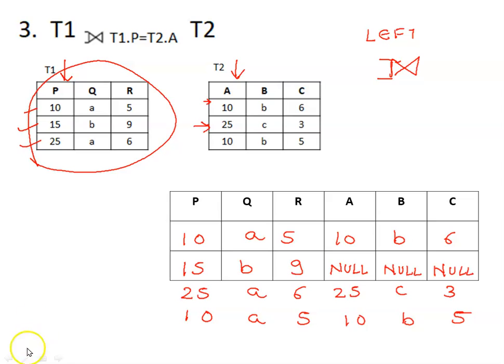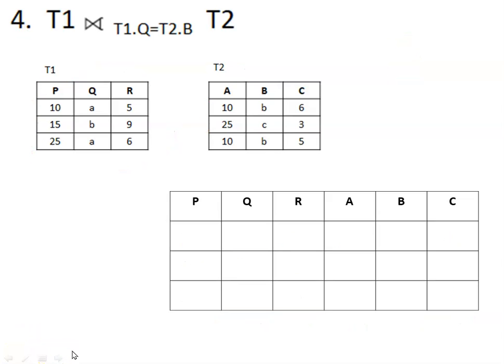We move on to the next problem, that is T1 right join with T2. Now the notation that is used for right join is the normal join operation with an extension on the right hand side. Now the join attributes over here are Q and B. So the domain is same, it is character. So in this case, what we do is we consider all the tuples on the right hand side of the table. So it will be